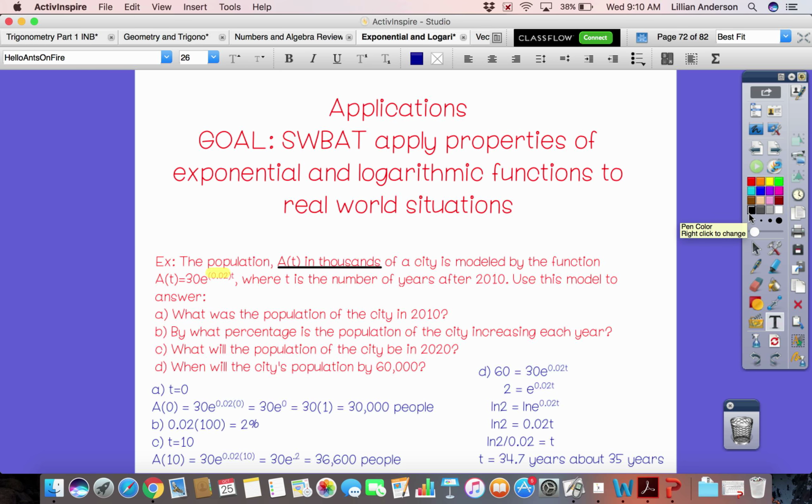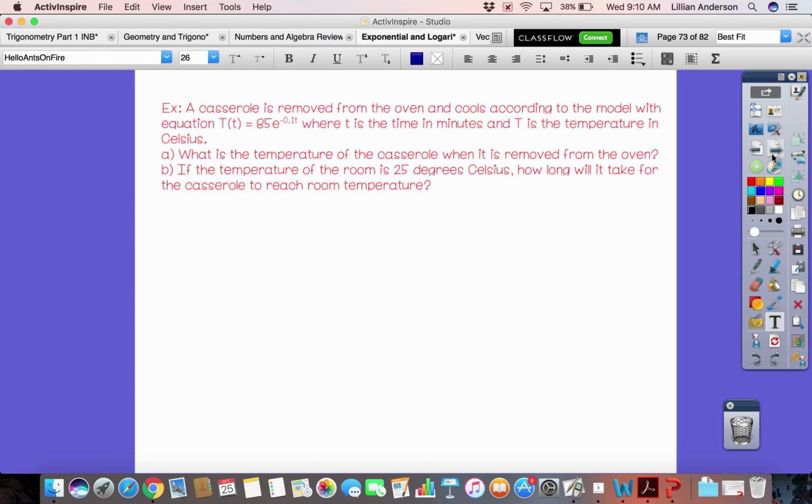Okay, so again, when the equation is given to you, you are trying to see if you can decipher what the problem is actually asking you to do in order to solve these problems. So let's take a look at the next one. We're going to look at this one together, and then after this, you're going to try a few on your own. It says a casserole is removed from the oven and cools according to the model with the